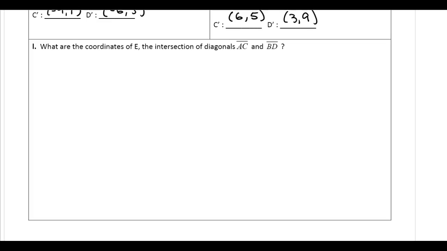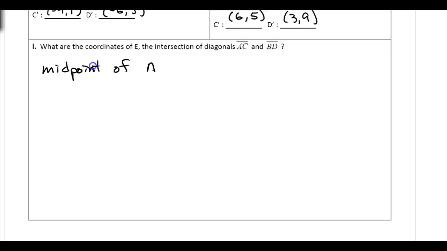Since we know it's a square, we know that the diagonals are going to bisect each other. So if we find the midpoint of one of those segments, that should be where they intersect. We're going to go ahead and find the midpoint of both just to verify that it's the same. So let's start with the midpoint